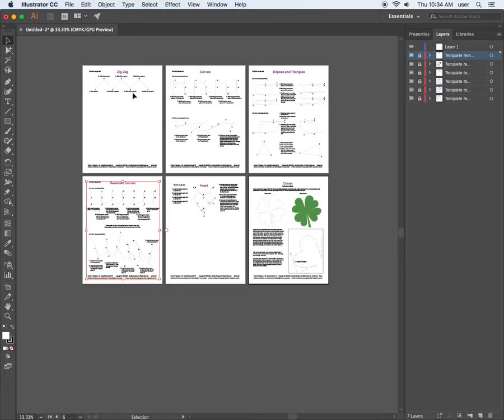Okay, so all these templates are on there, they're locked, they won't move. And on layer 1, I'm going to double click on the layer. I'm going to call this zigzag. Okay, now each time I go to a new section or a new artboard, I'm going to create a new layer and name it. So that's going to make sure that I'm on that particular artboard and that particular layer. So zigzag, I can zoom into zigzag,